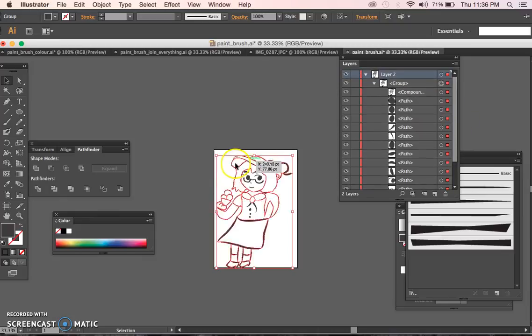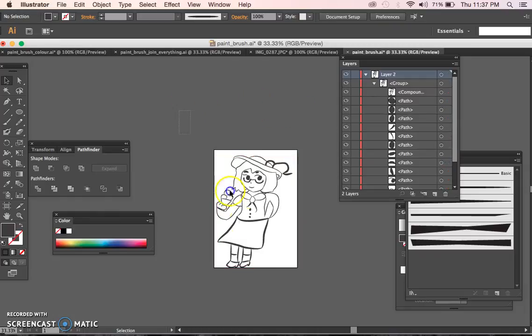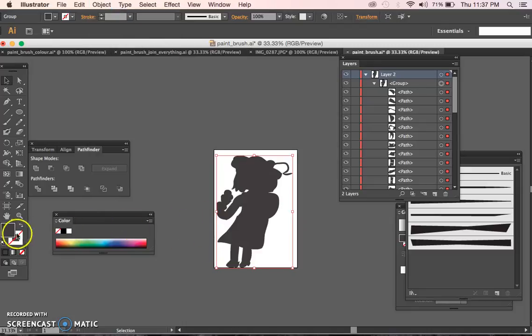Okay, so now it's grouped, so everywhere that you've made a full circle, like the hair or the face, it's then kind of grouped it together. At least it should have done. If I highlight that again, do objects, compound path and release. Okay, so it's coloured everything in, so it's solid,